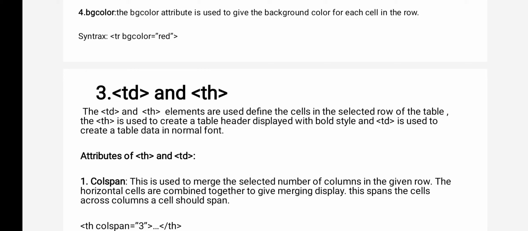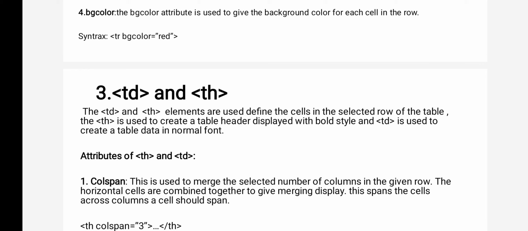And the same background attribute you can use inside the table tag also. Whatever attributes you have used in a table opening tag, all those attributes you can use in a TR. But whatever attributes you have mentioned in the table tag are applicable for all the rows. If you have given the same attribute inside a TR tag, it is applicable for only one row.